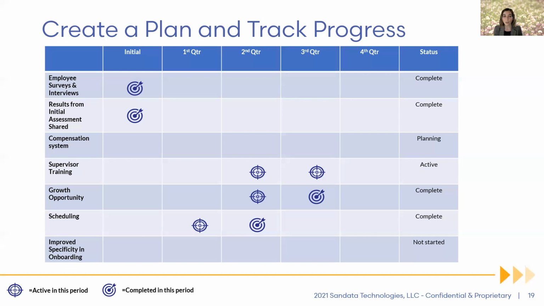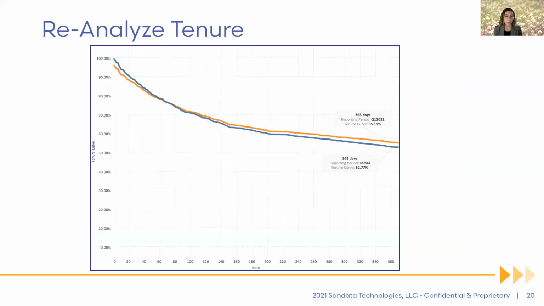So it's really important to track your progress. That way you can really understand what's moving the dial and you can make sure that you're sticking with the plan, right? Again, we don't want to just identify issues and develop findings. We want to make sure that we're following through on those. And then when tracking progress, really it's important to go back and say, okay, how are we doing? And from there, you can actually